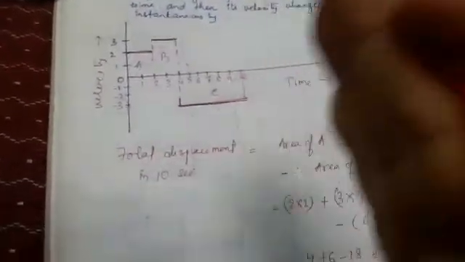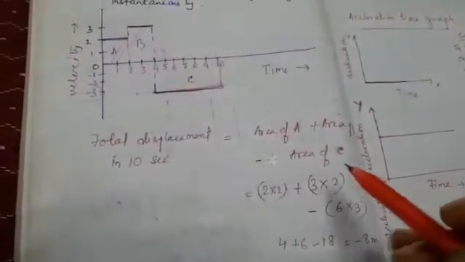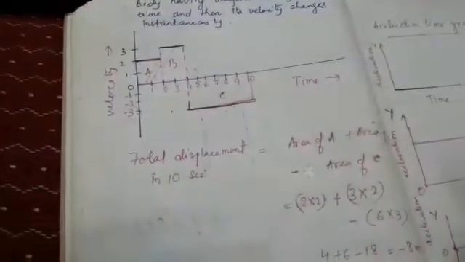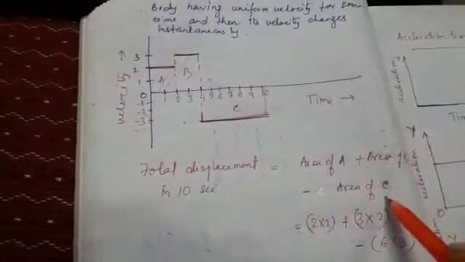Now again displacement will be the area of the respective figures, but since the body is going and again coming, the net displacement will be the area of rectangle A plus area of rectangle B in the positive direction, minus, since it is returning, the area of C. So the area of A you will get 2 into 2, that is 4 meter. Again the area of rectangle B you will get length into breadth. So length is how much? 0 to 3, this height is the length, and breadth is this 2 to 4.